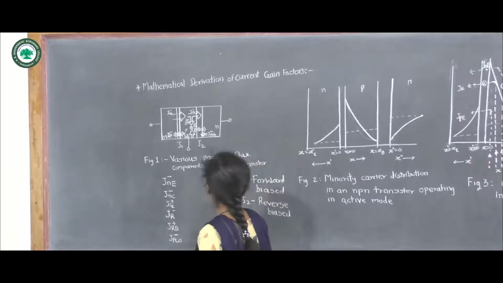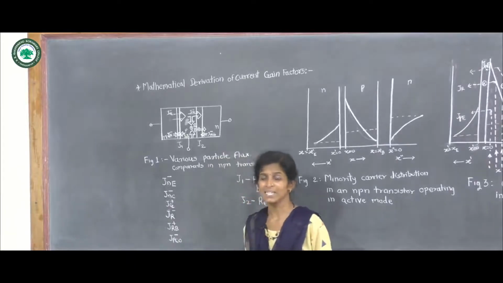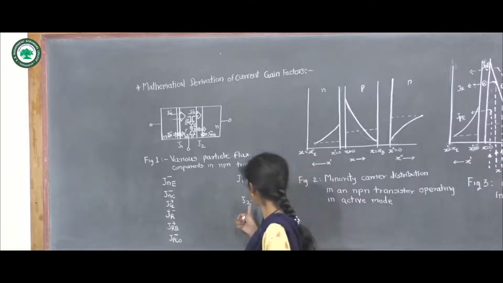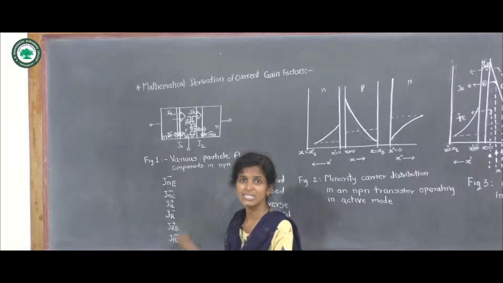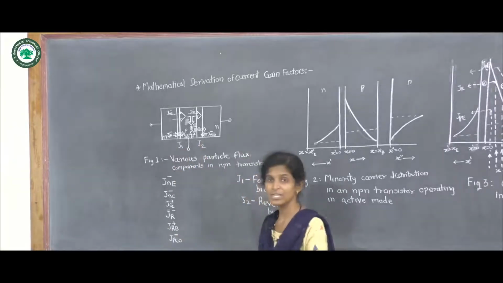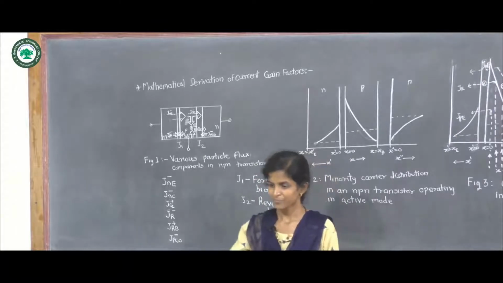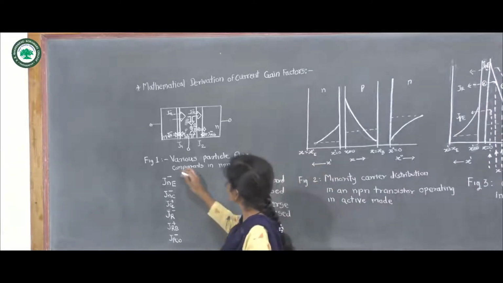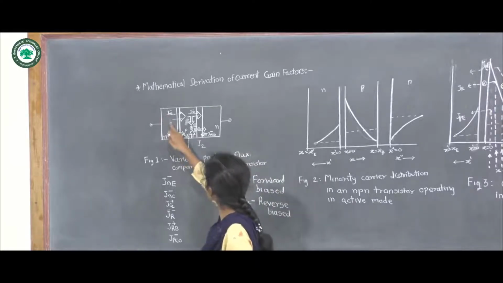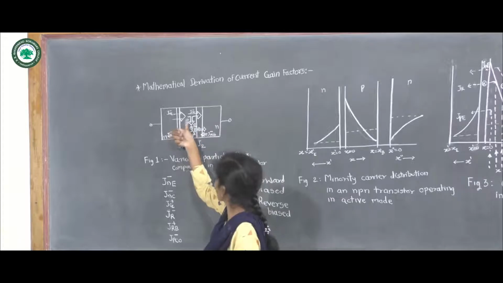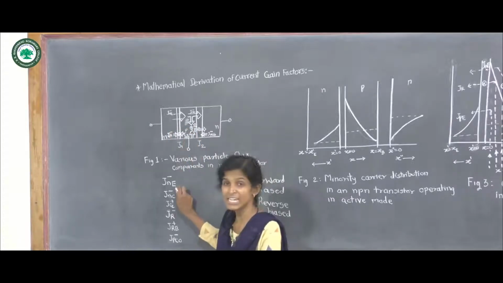The electrons which are crossing from this N region to P region form the particle flux which is given by JNE